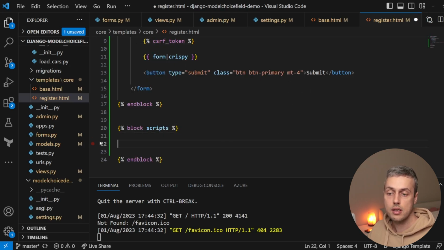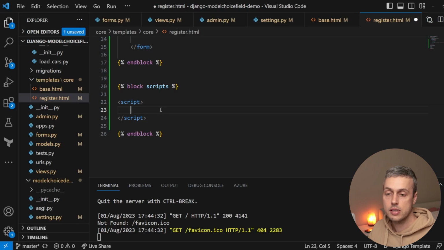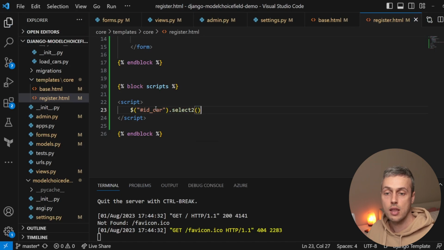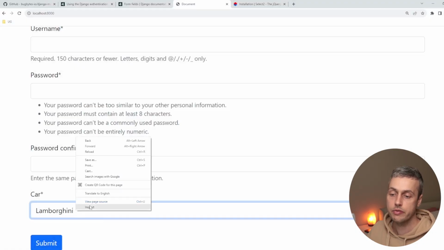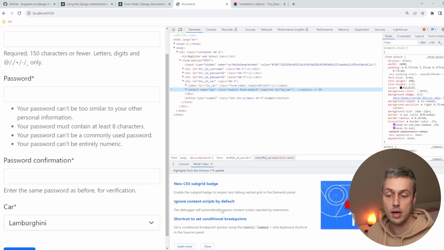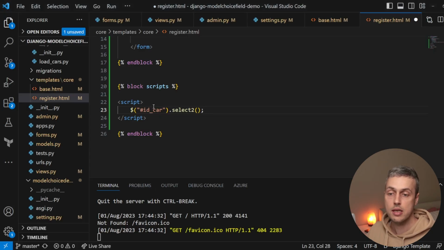So what we're going to do within here is define a script tag, and we're going to target the ID of the element in the DOM that contains our car foreign key, and it's going to be ID_car. And what we're going to do is call the Select2 function on that particular element. If we go back to the form and we right click the car field and we inspect the source, you can see that select element has the ID of ID_car, and that is what we are referencing here with this